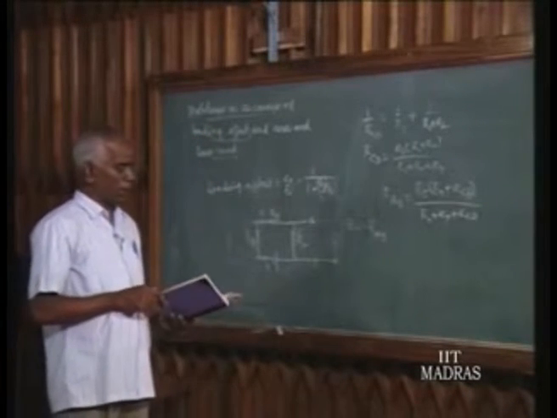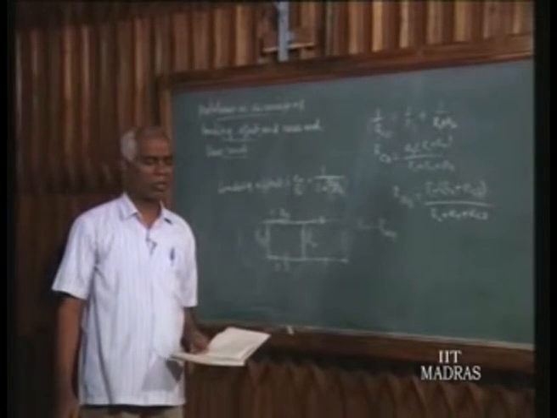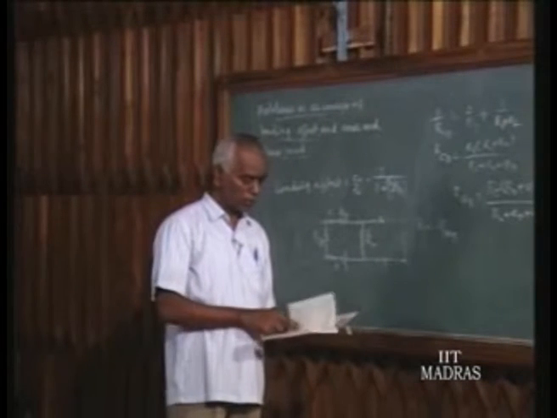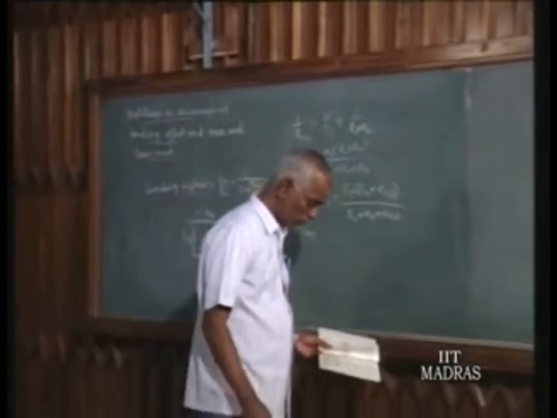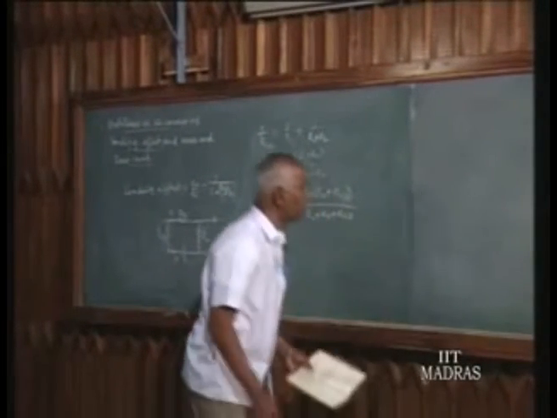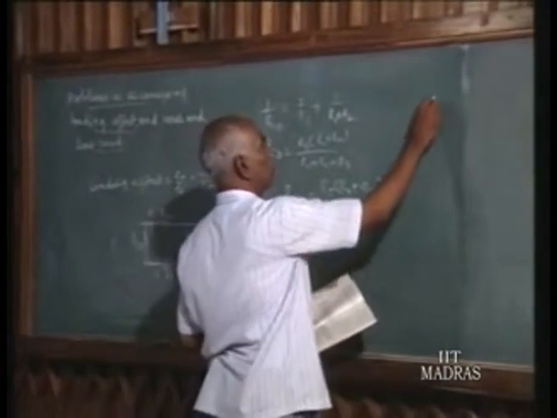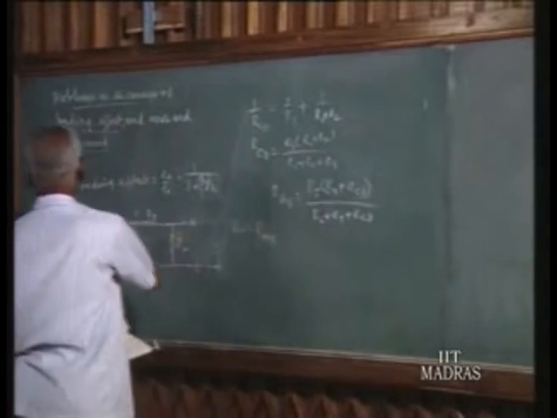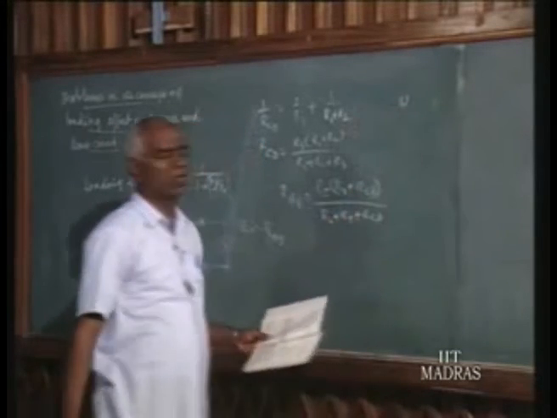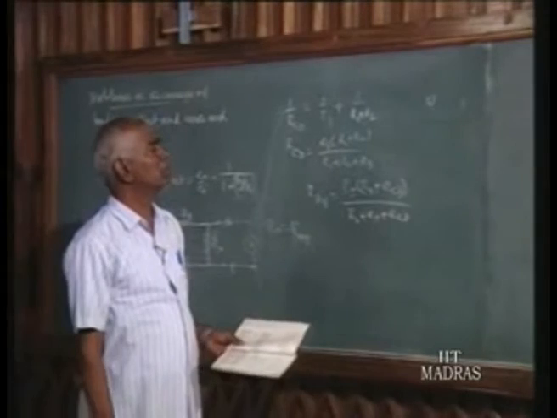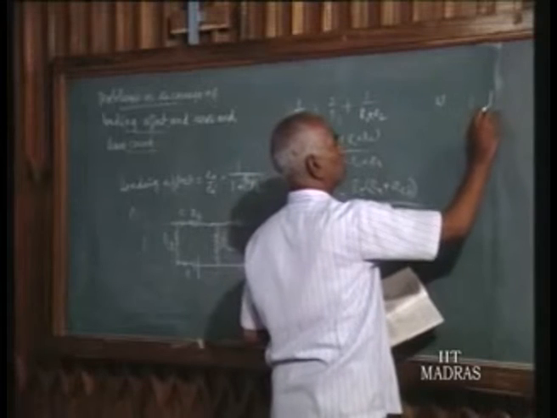Having learned this process, now we have to apply it to the conventional circuits which are often used in mechanical measurements. One of the important circuits is the bridge circuit, because bridge circuits we are using for converting the resistance change into a voltage change. So let us consider the following bridge circuit. This is the second problem. This is problem 1, problem 2. We are just working out a few problems so that the concepts of loading effect, error and least count are clear. So I will consider the following circuit, the bridge circuit.